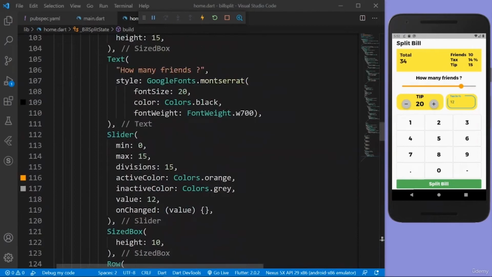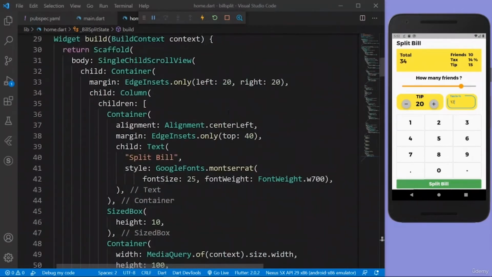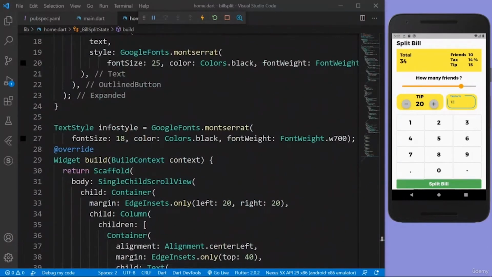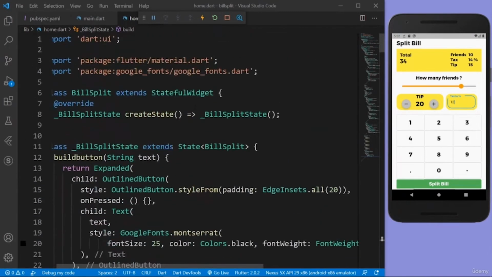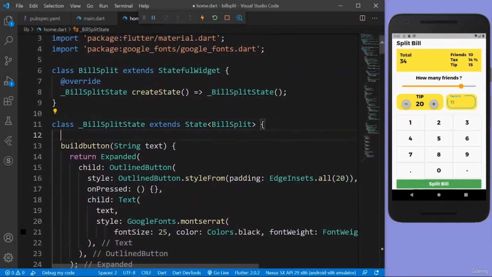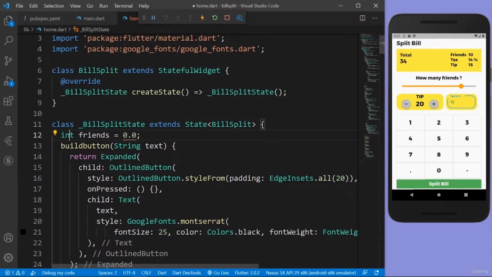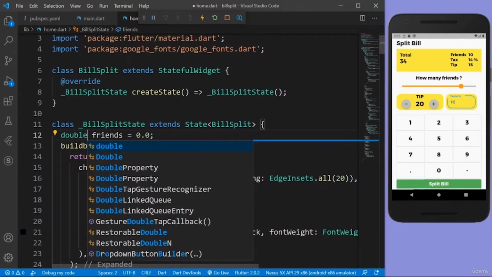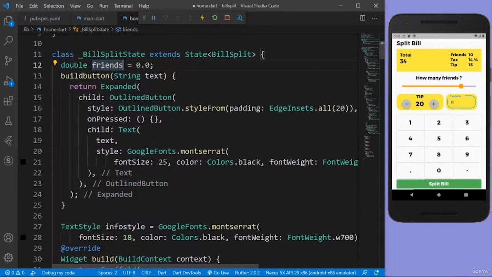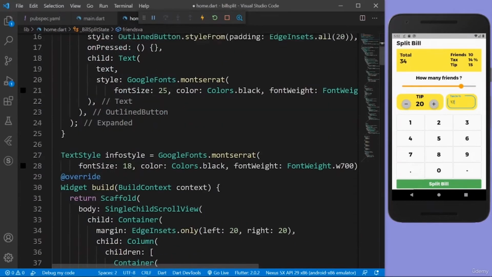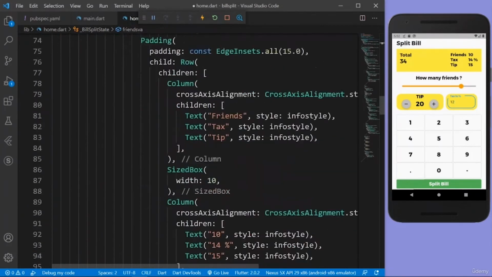Okay, how many friends? Because that's a pretty obvious one. So for the slider itself, I actually have to create a variable so that I can slide. So I'll create a variable up here, which is a type of int, and I'll say just friends. And the default value is actually going to be how many friends. Let's say default is going to be just 0.0. This should actually be a double, not an int. And I can take this friends one. Let's actually say friendsValue so that it's a bit specific. friendsValue, and in the slider,